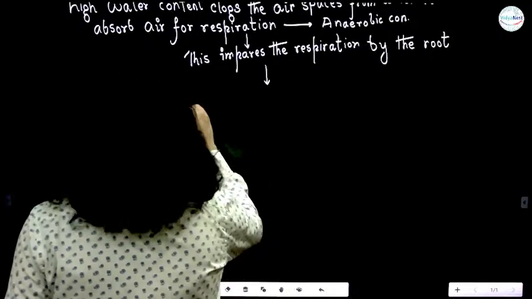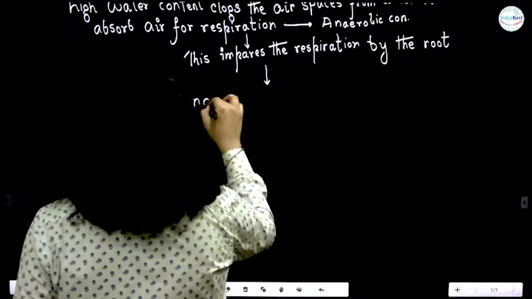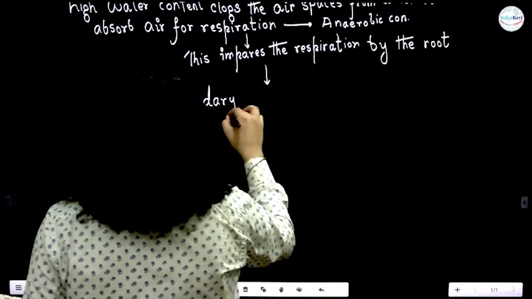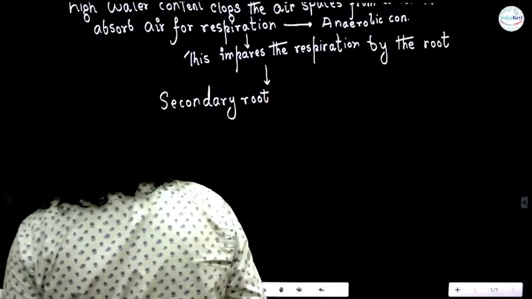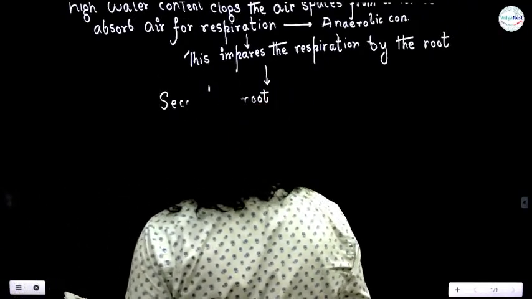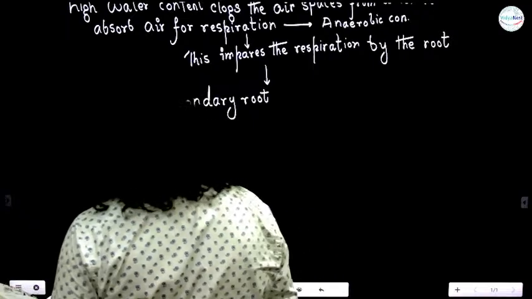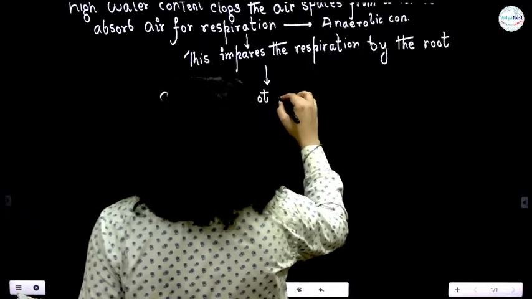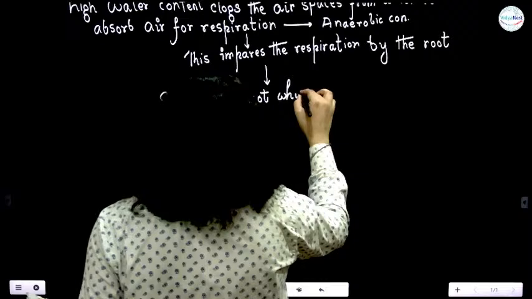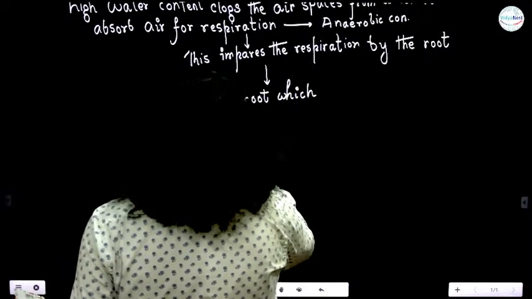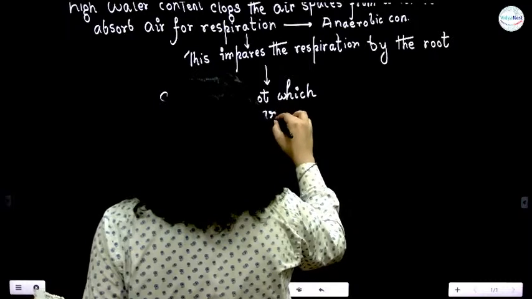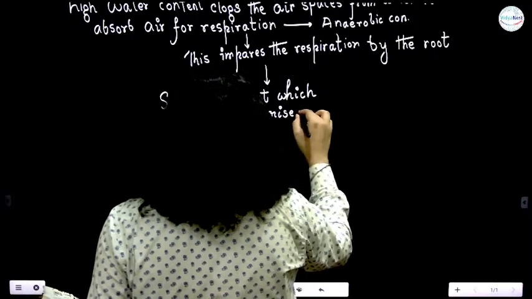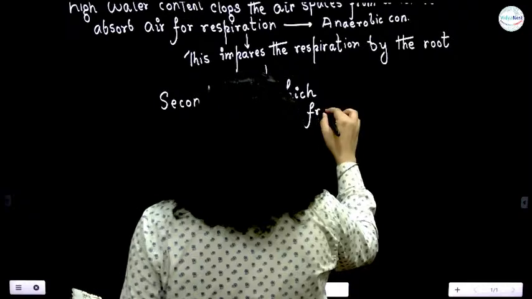So the secondary root, which arises from the body of the primary root,